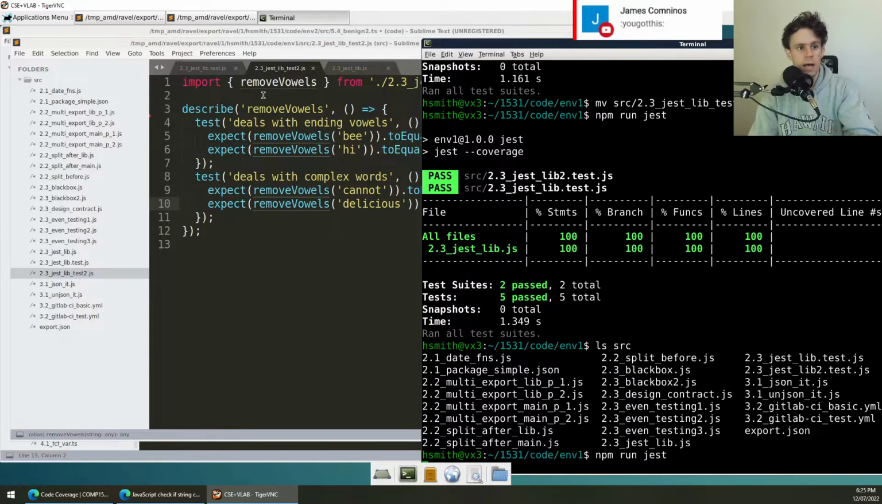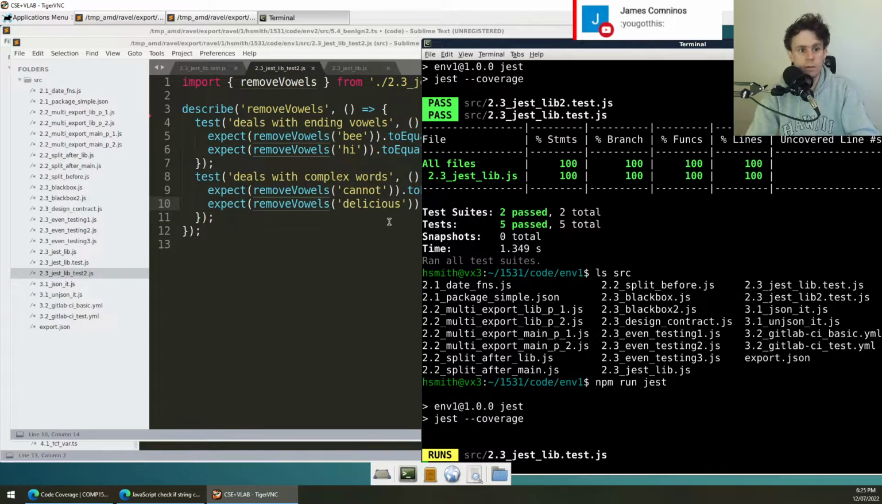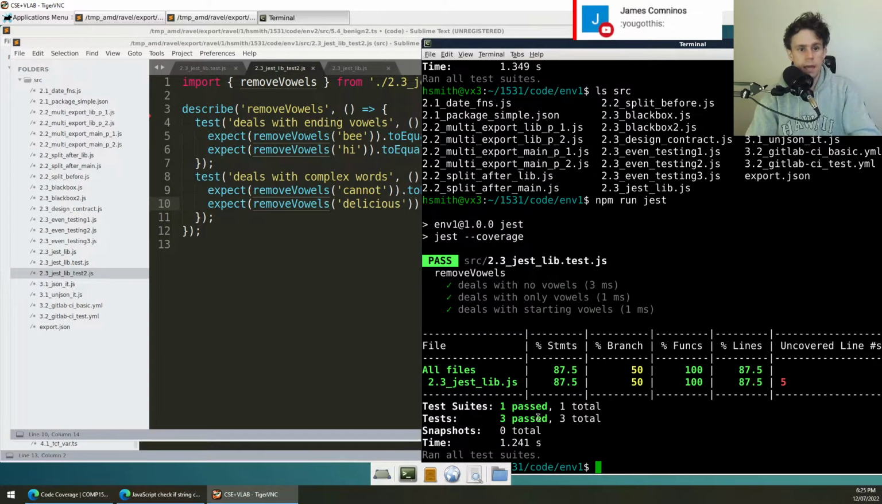Let's pay attention to what happens, because we've got our 2 test files. Those 2 test files run through all of your implementation. And what's interesting is that you see the results here have changed. So now instead of saying 100%, it's actually saying, you know what, hey, on your 2.3 jest lib, I might